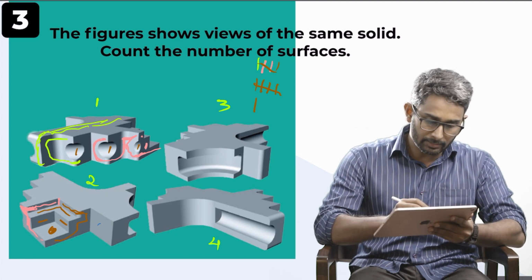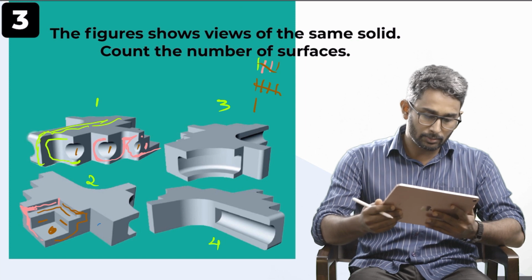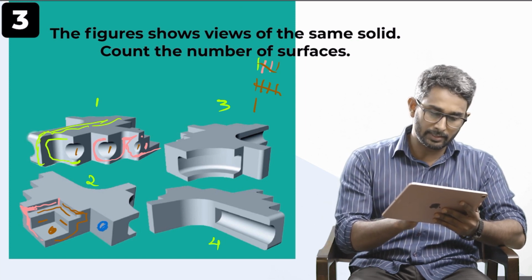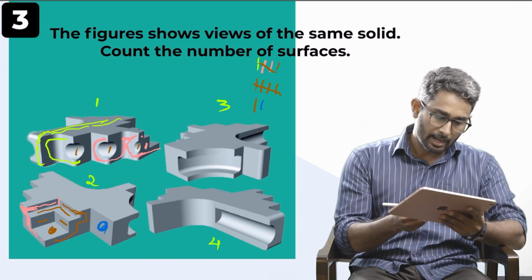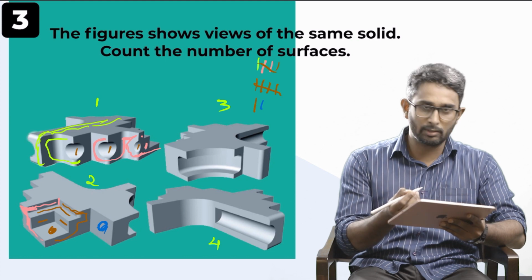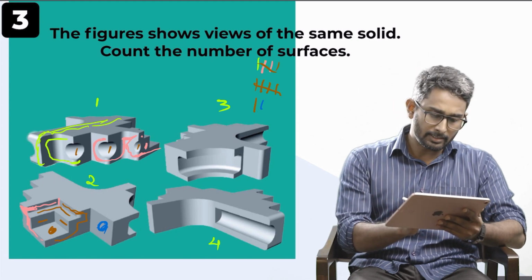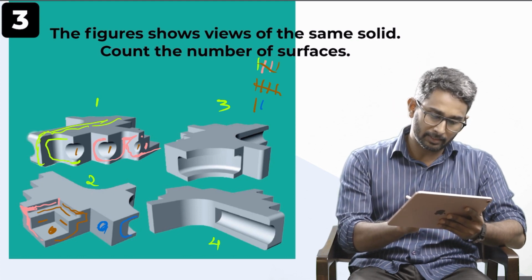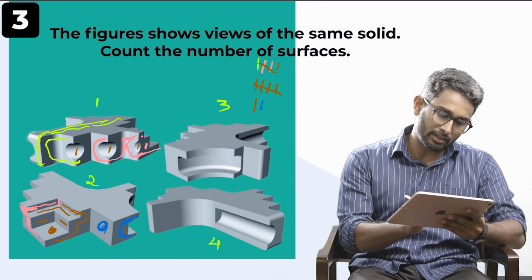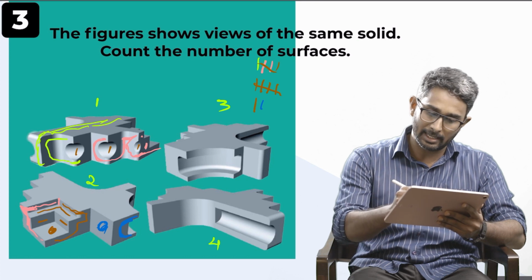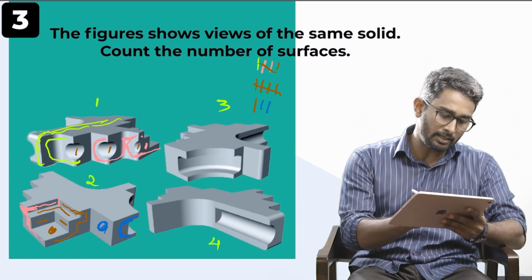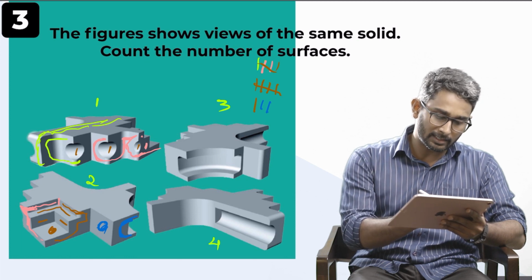Okay, so next we can move on to the next surface. So this is a square surface. We can count it as one surface, and again it has solid edges, so it does not have any continuation. Next, again, if you see the C shape, this C shape has no curvature, so we can take this as a single surface. And I think in the second view of the same solid, we have counted all the surfaces.